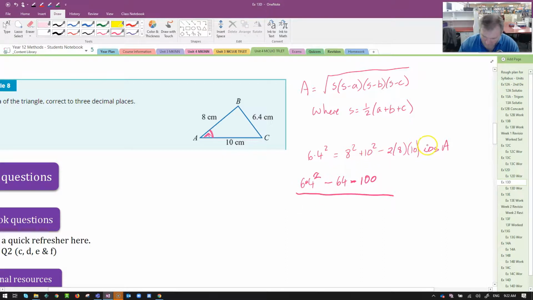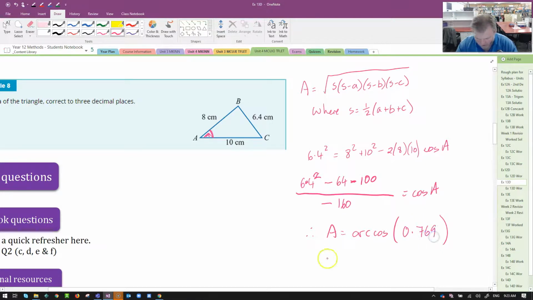So I've subtracted these two values. Now I can divide by that coefficient. I can't just add it to the other side because that's going to be a mess. So I'm going to divide by, what is that, negative 160, equals the cosine of A. So A is going to be the arc cos of whatever that expression was equal to. Well, let me tell you what it was equal to. 6.4 squared minus 164, save myself a little bit of time, divided by negative 160, and that's